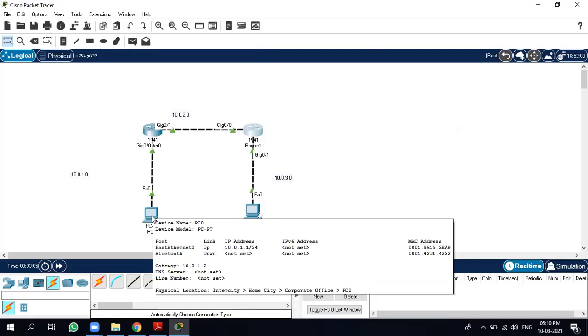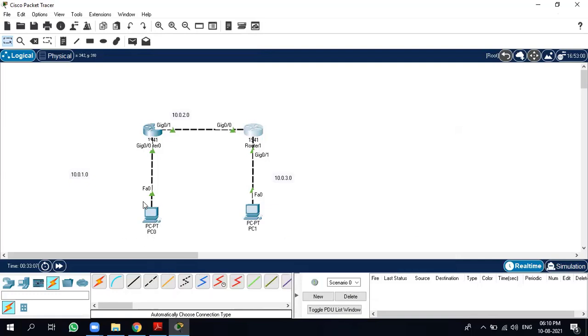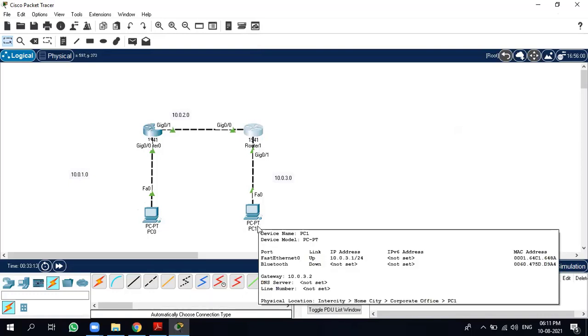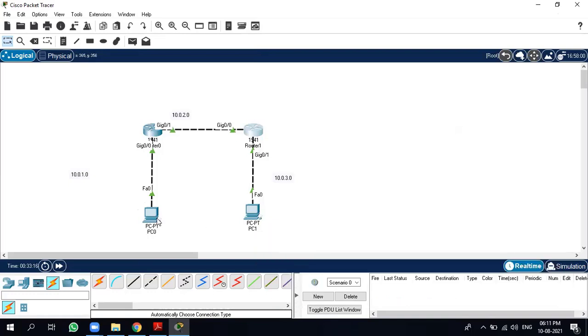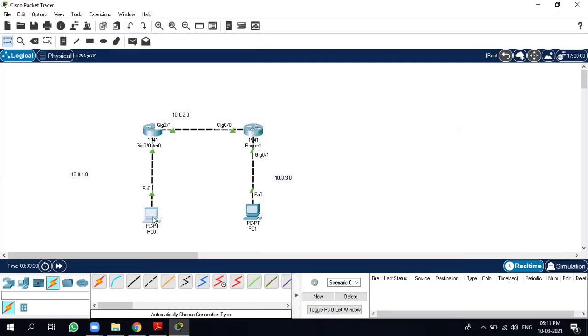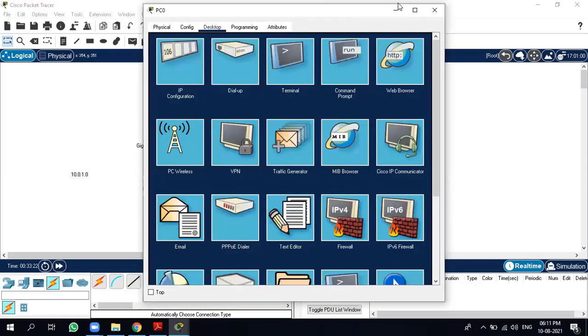What we want to do here is, whenever we will ping PC1 from PC0 or PC0 from PC1, both should communicate with each other. How to do that? Let us quickly see. I'm pinging PC1 from PC0.